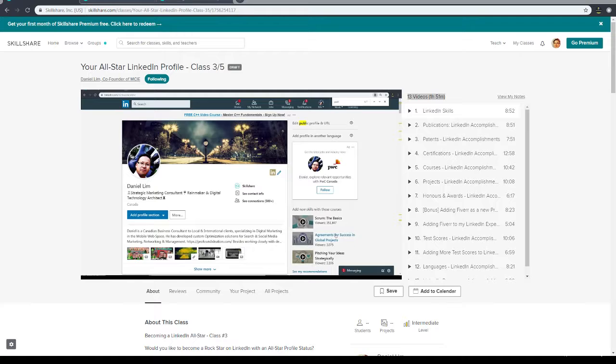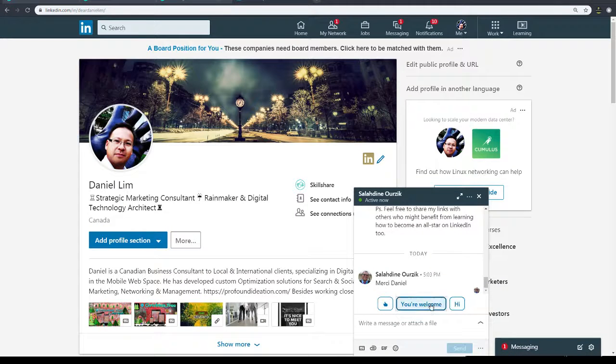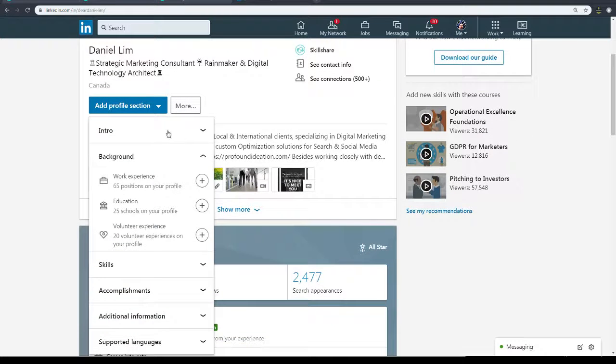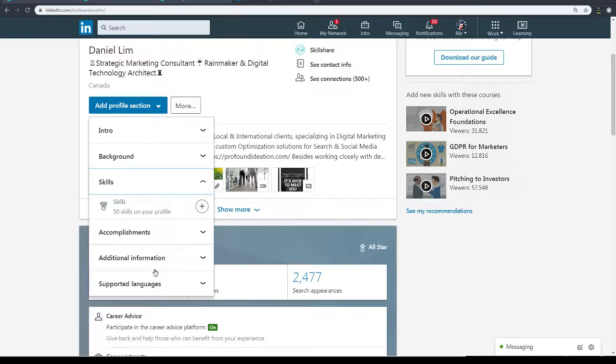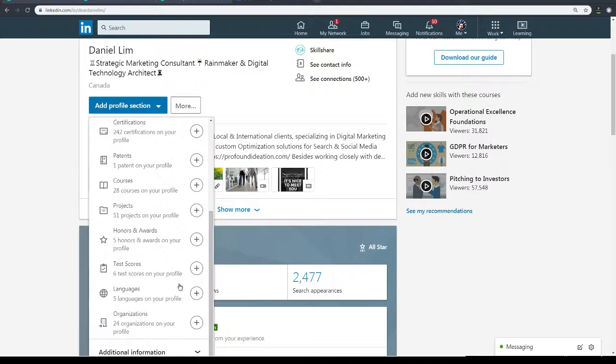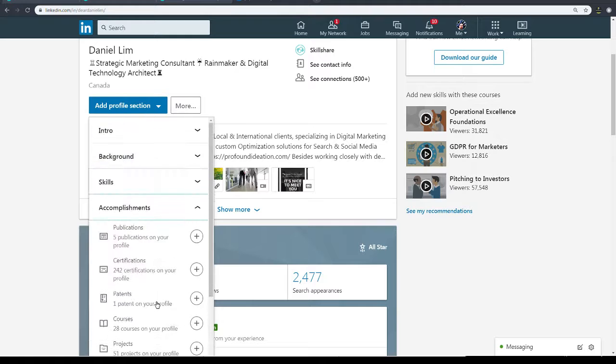So let me just go to my LinkedIn profile here. Great. So we have done intro, background, and skills, and we are now in the accomplishments section. Here we have publications, certifications, patents, courses, projects, honors and awards, test scores, languages, and organizations. You will find a video on each of these sections in the course, and this is what we are working